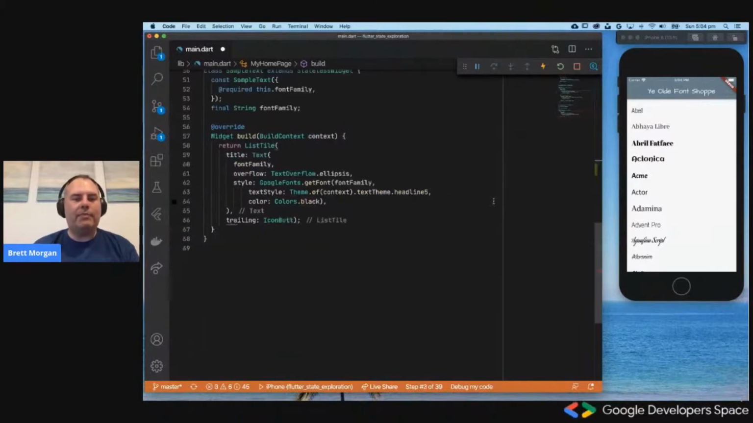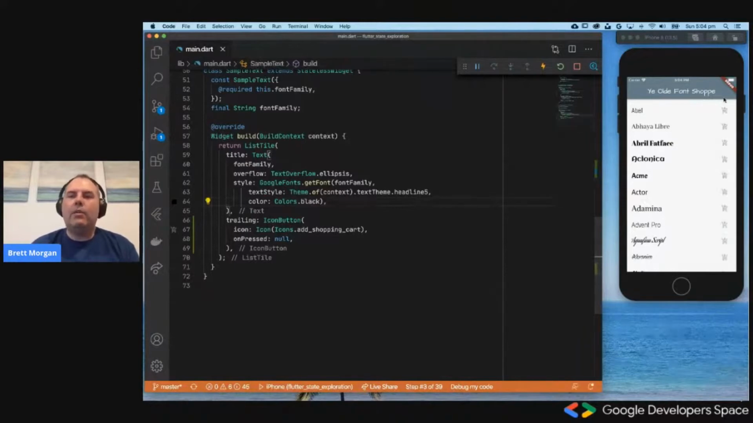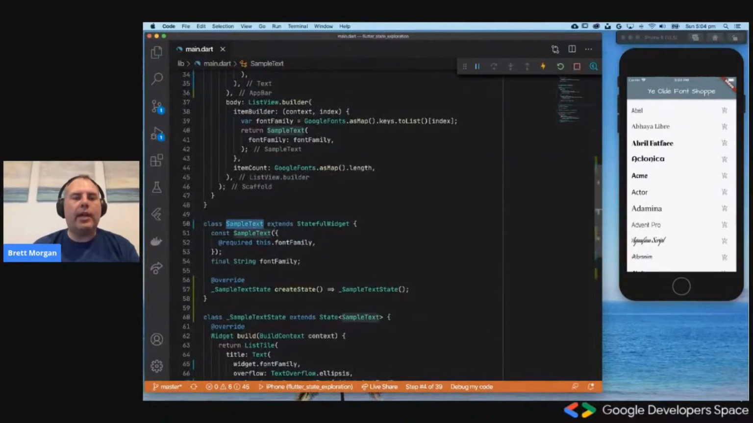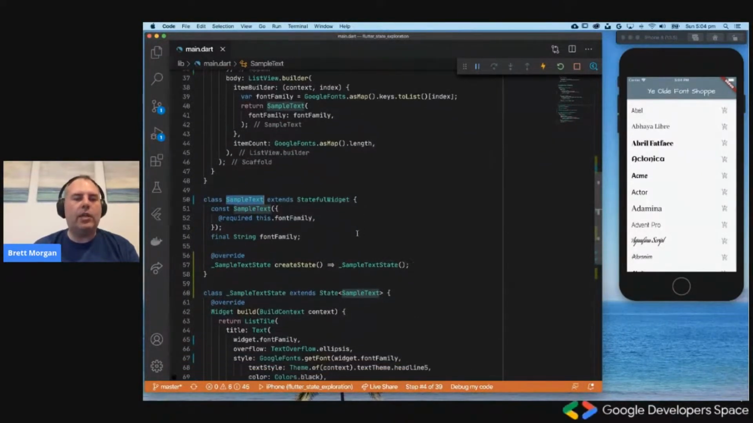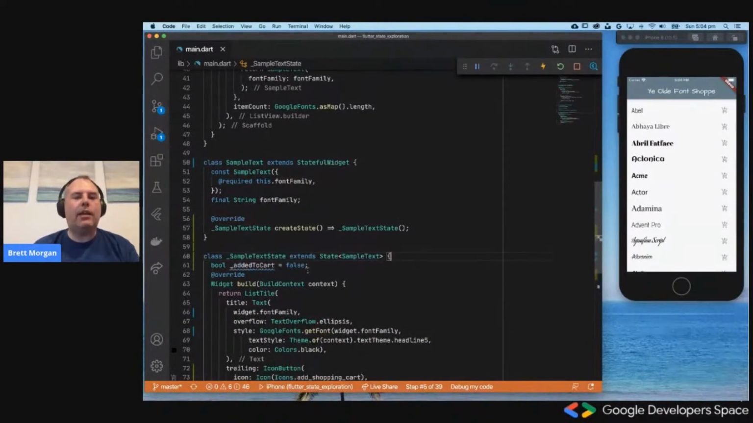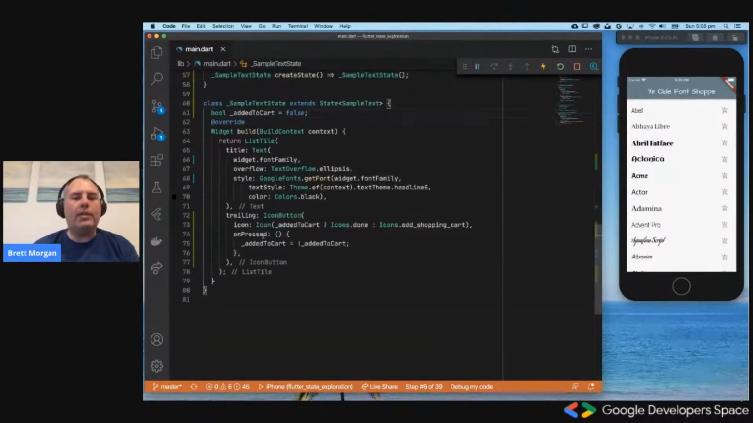Let's go a bit further. So what I'm going to do, after pressing save, is I'm going to turn around and create a bunch of buttons here that we can click on and actually add things to a shopping cart. So what we're going to do is we're turning this sample text, which was a stateless widget, into a stateful widget, because what we're going to do is add some state to this state object, and we're going to record, is this font in our cart or not? So how do we do that? Well, obviously, we add an onPressed handler and change the state. So I can wander over here